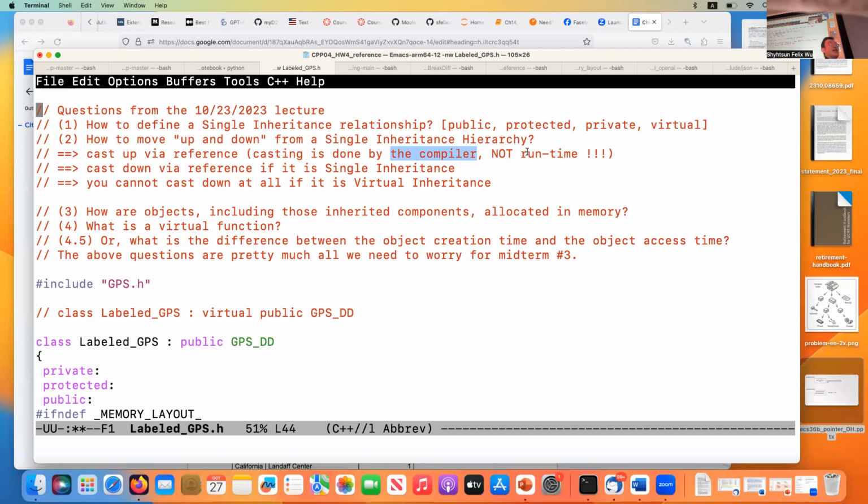It's very significant to see that sometimes the compiler might not have the information until runtime to do the right conversion.